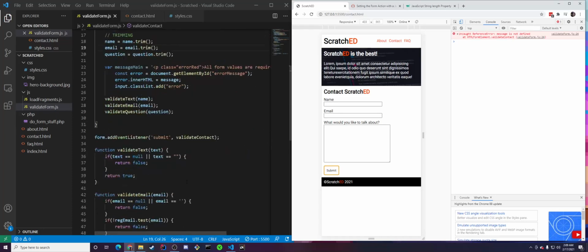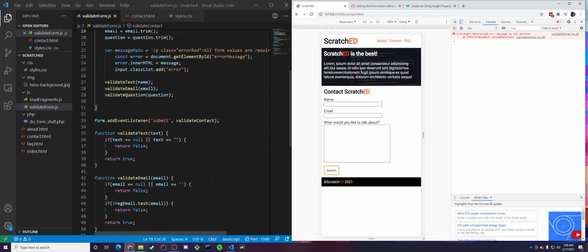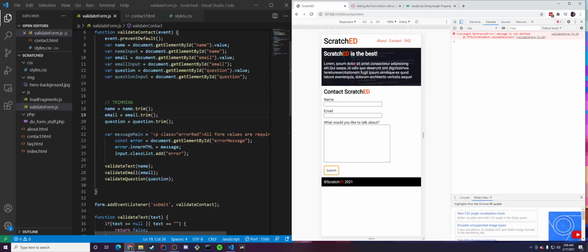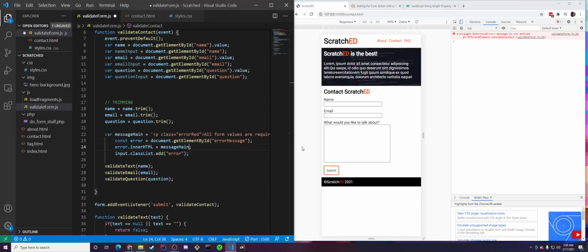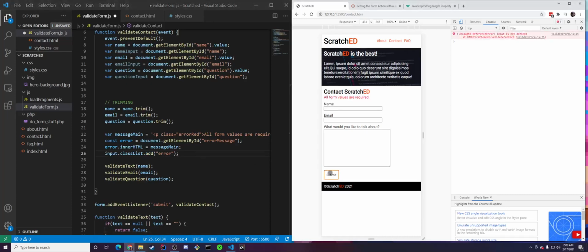Oh, message. But it's not defined on line 25. Oh, okay. Put dot. All right. So that would be name input and